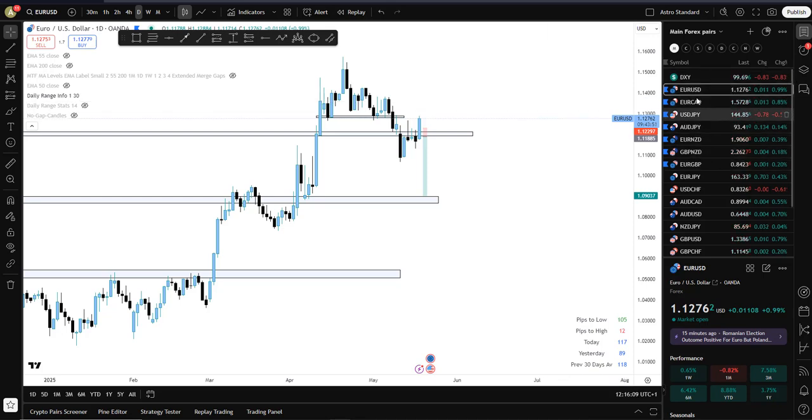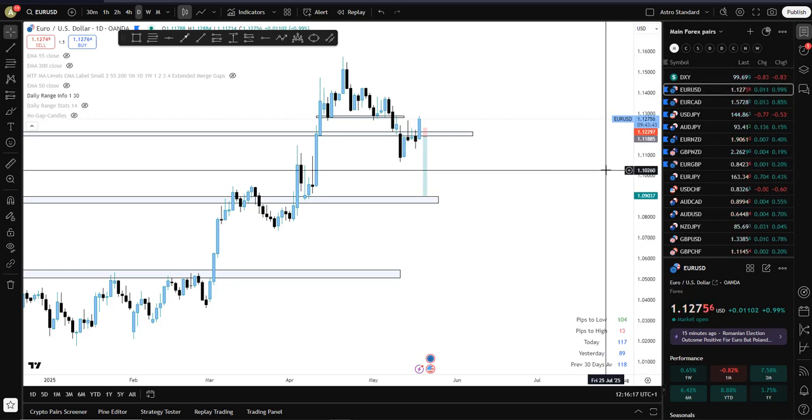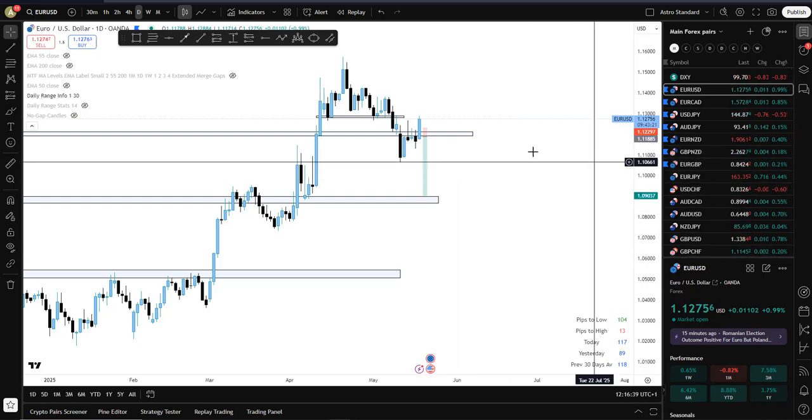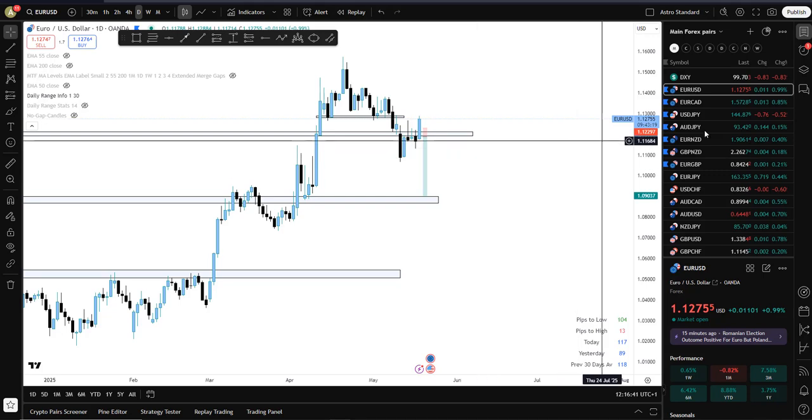Basically they're all correlated pairs over here, 1 2 3 4 5 6, and euro pound is somewhat correlated with the euro USD in a way. Basically, if the euro is strengthening, then the euro will rise against the pound, and the opposite effect would happen. If the euro is weakening, the pound would strengthen and the euro would go down on that pair. But just to explain a bit more,